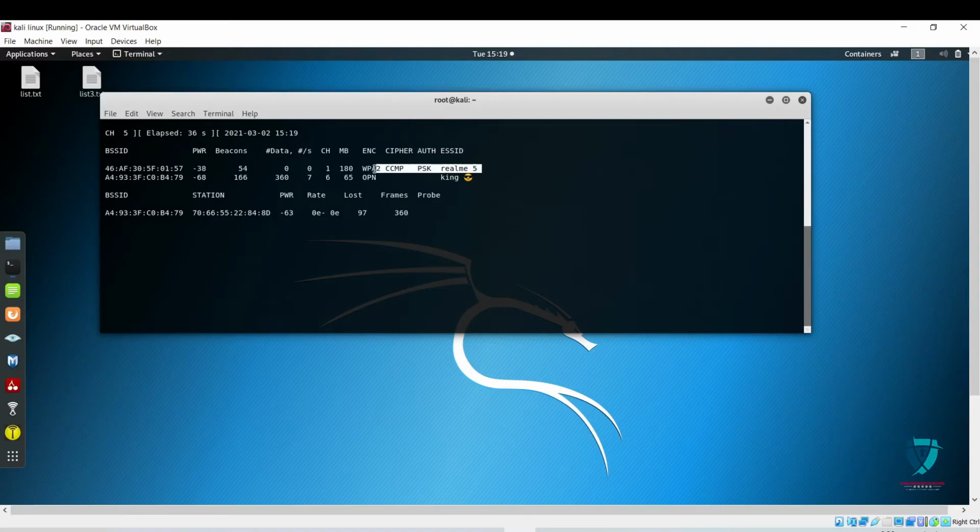to this Realme, so that I can attempt a deauth. When the deauth has been successfully attempted, the user will try to reconnect to the hotspot, and then we can immediately capture the handshake. This whole concept is called the three-way handshake, as we discussed earlier. So right now I'm going to stop this process, and then I'm going to enter the airodump command,